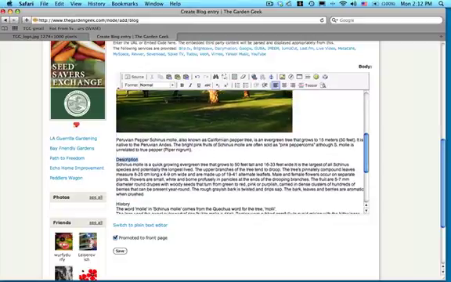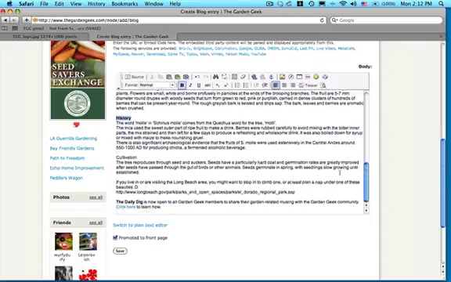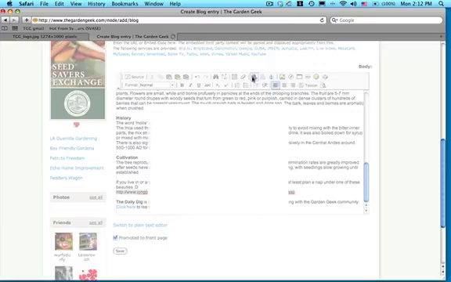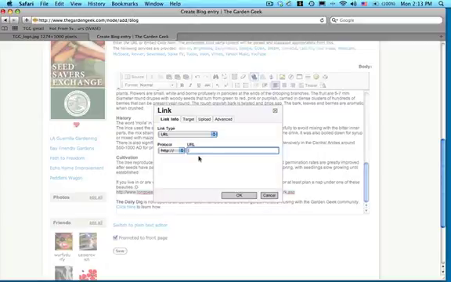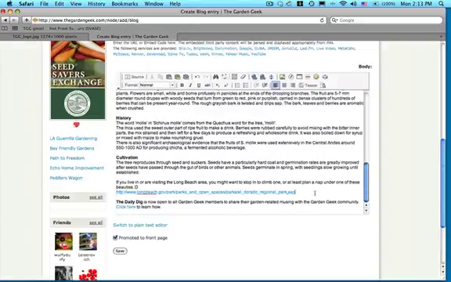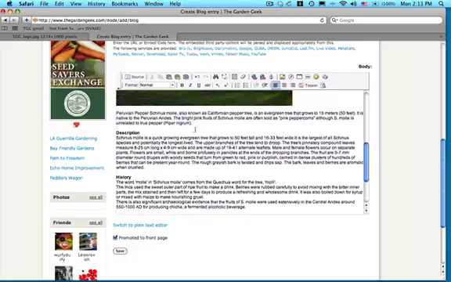Then I'm going to bold some of my text here so that folks know the different parts of information that are being called out, and I can add a link to the park in case anybody wants to go and visit. And then I'm going to add one more image